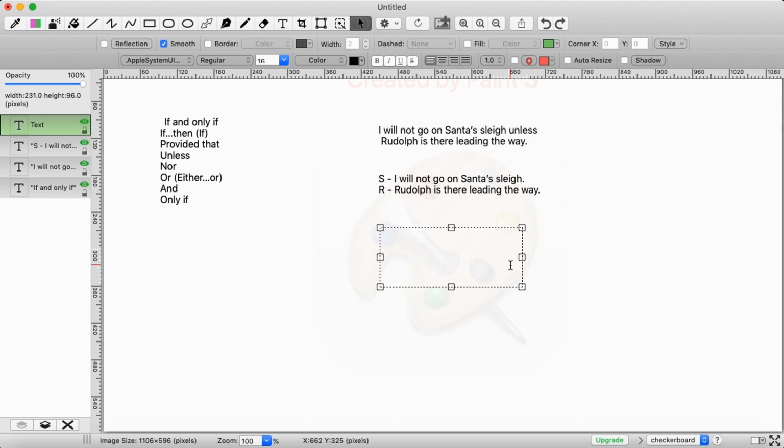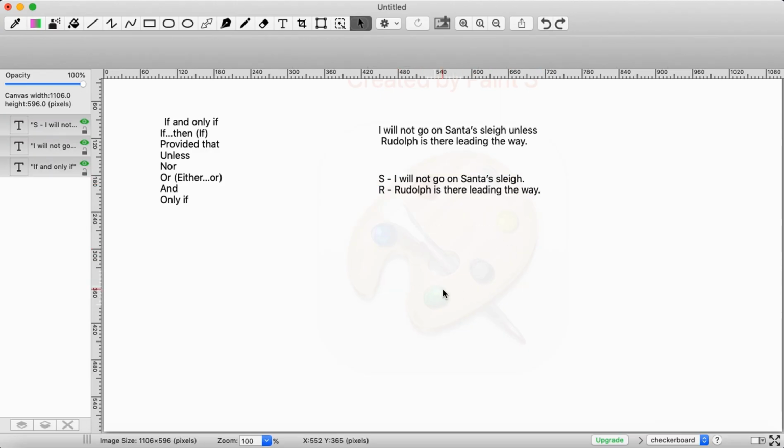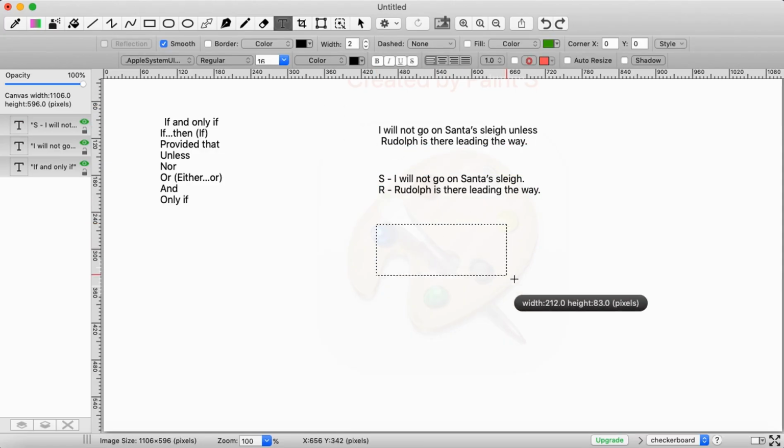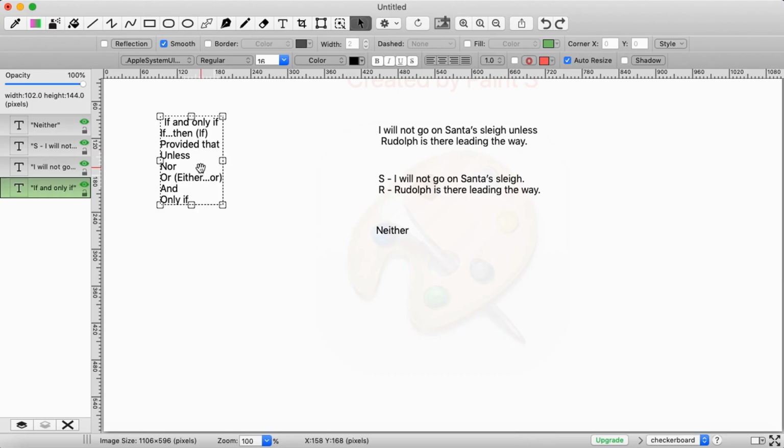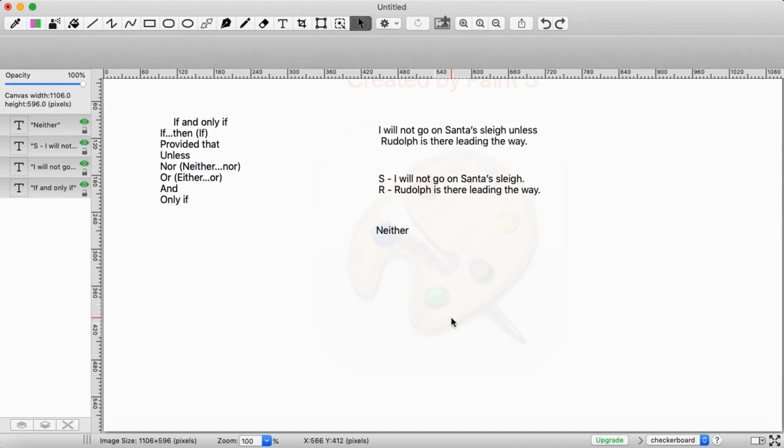Confusing. For this sentence, in order to keep the S and the R the exact same, I'm going to have to add a few extra words to the nor statement, but it still makes it true. Okay? So basically I'm going to say nor is also, I should write here actually, neither nor. They're both correct. You can either have nor, just nor, or neither nor. You can do either. They mean the same thing. Okay? So we're going to write it in the neither nor way. Okay? So neither